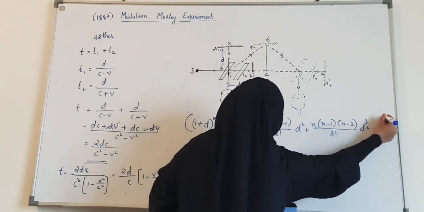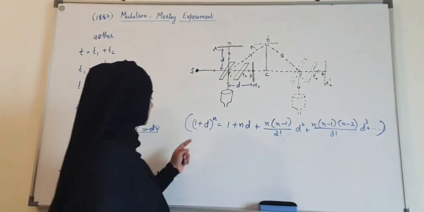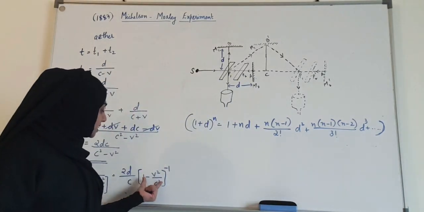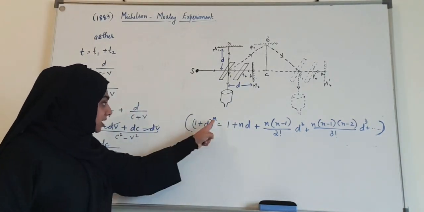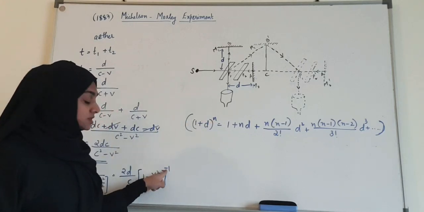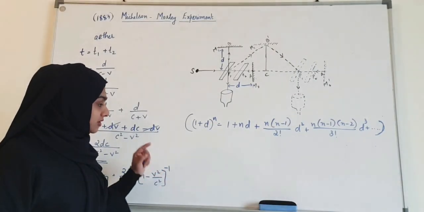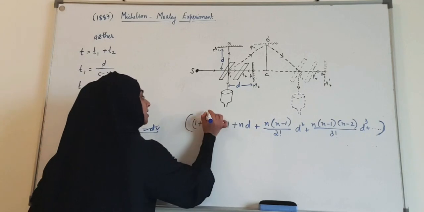Okay, so here instead of d what we have is minus v square by c square, and instead of n what we have is minus 1. So if I use this binomial theorem here,